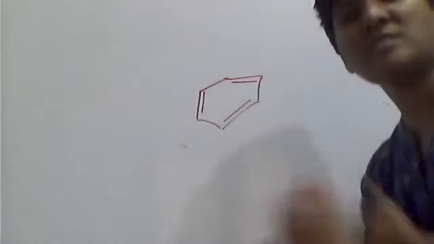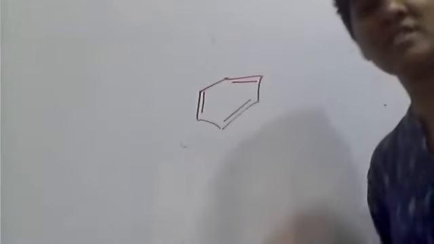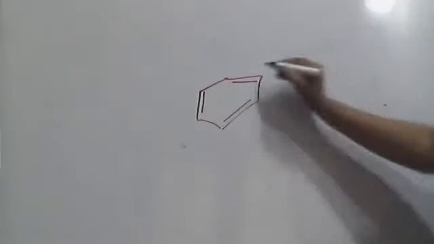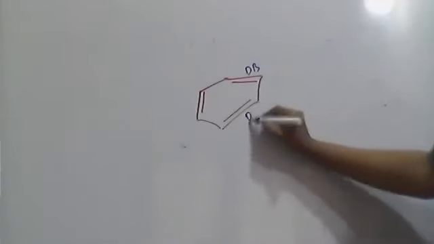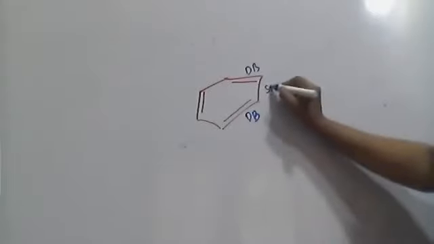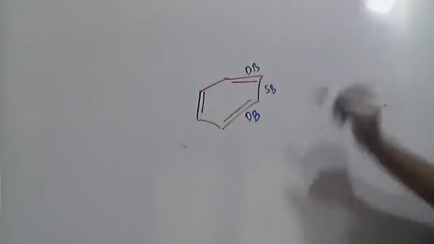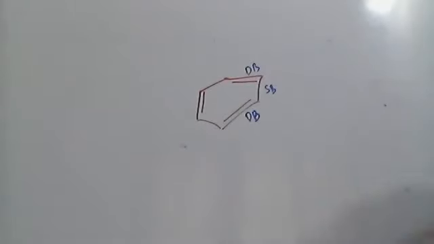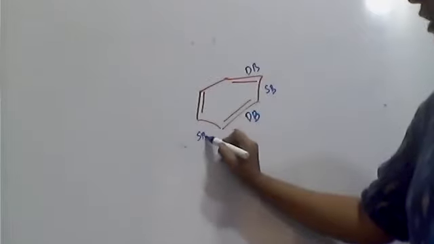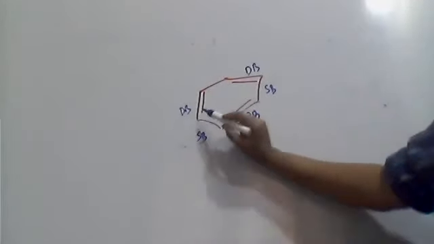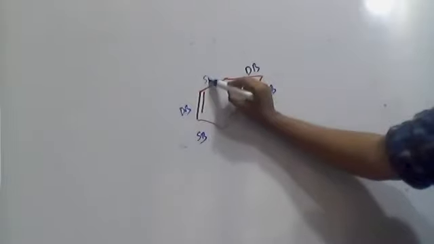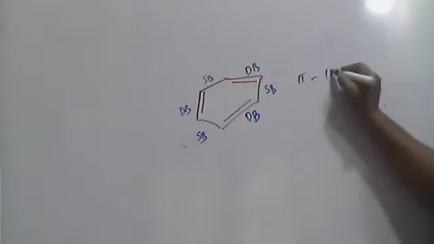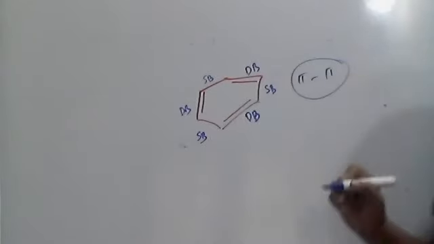That is the molecule we know, the famous molecule benzene. But if you see this molecule, between the two double bonds, DB means double bond, there is a single bond. So whenever you have a system like a double bond separated by a sigma bond, a single bond, it is conjugated. After the double bond, once again a sigma bond, and then a double bond. Between two pi bonds, there is one sigma bond.